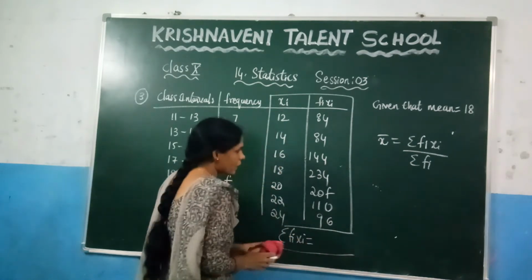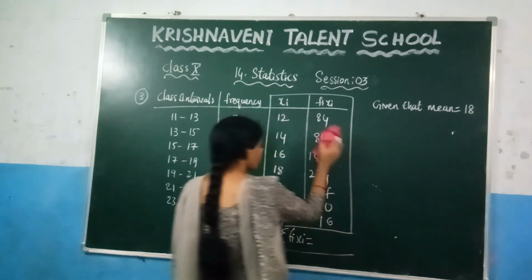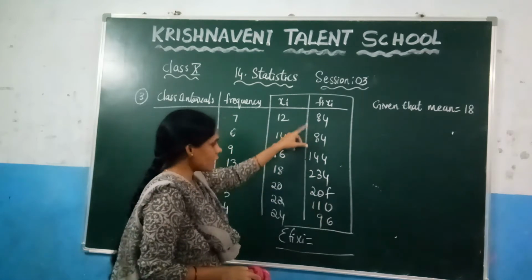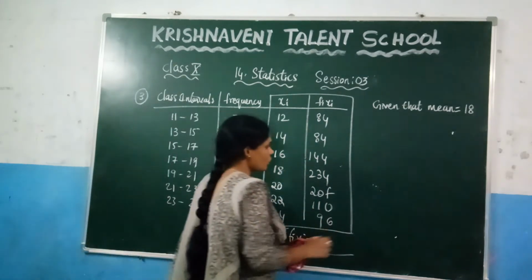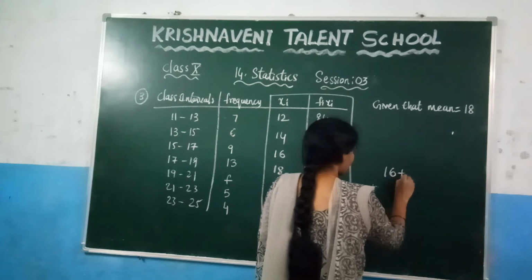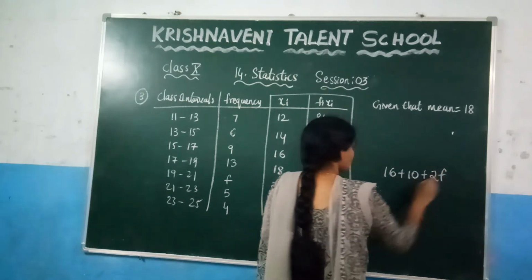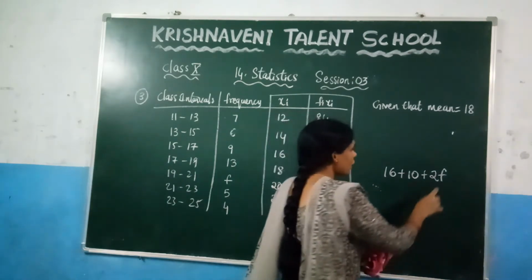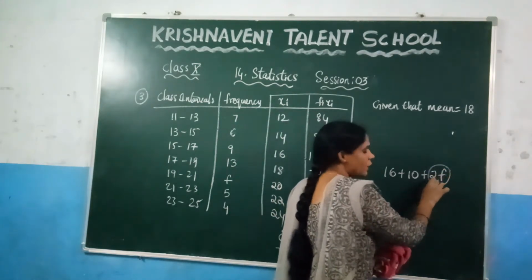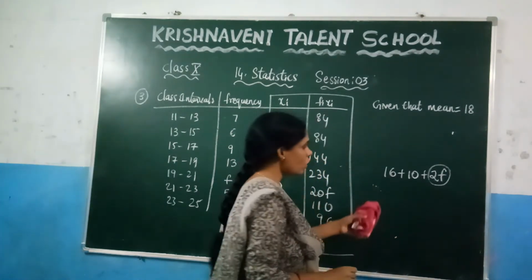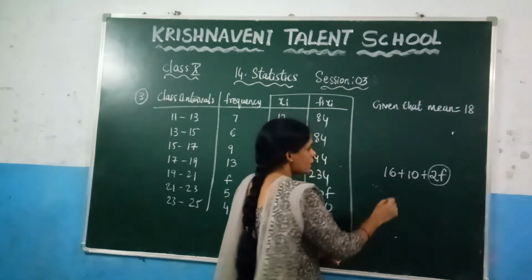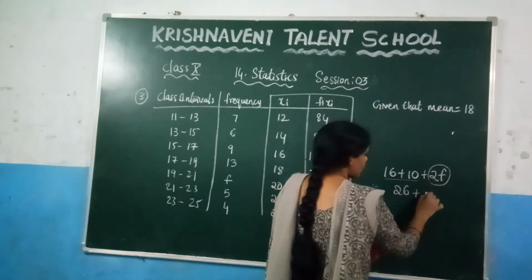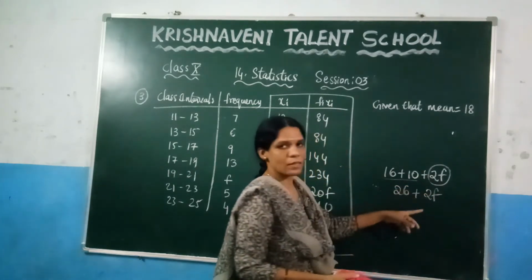How do you add all these values? Here you can observe that 20f is in the middle. Can we add all these values here? Let us suppose you are given a number like this: 16 plus 10 plus 2f. Can we add 16 plus 10 plus 2f? We cannot add, because it is a combination of a variable and a number. You cannot add this to the number. So how do you solve if it is given like this? You just add the numbers. So what is the result? You get 26 plus 2f, just write the variable term as it is.